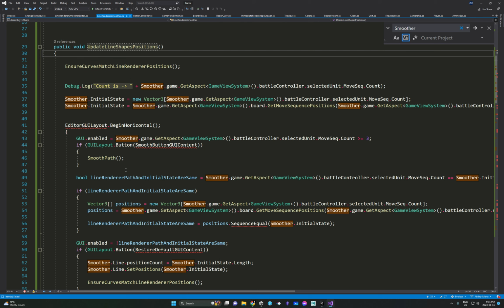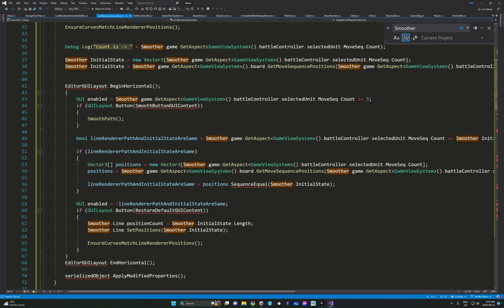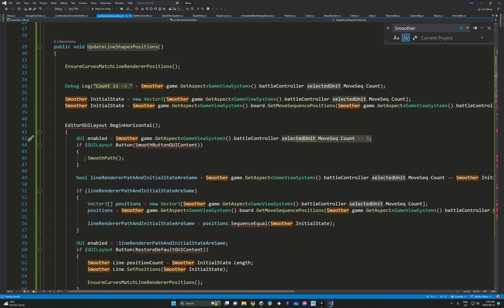Now, this next one here is the editor GUI layout, begin horizontal. Okay, so I think, and I'll read it to make sure, I think this is just serialized in the inspector maybe, but we'll see if it has any functionality. So I get if the count is, oh, I see, and there's a smooth path function, but only if this. So I think what I could do here is